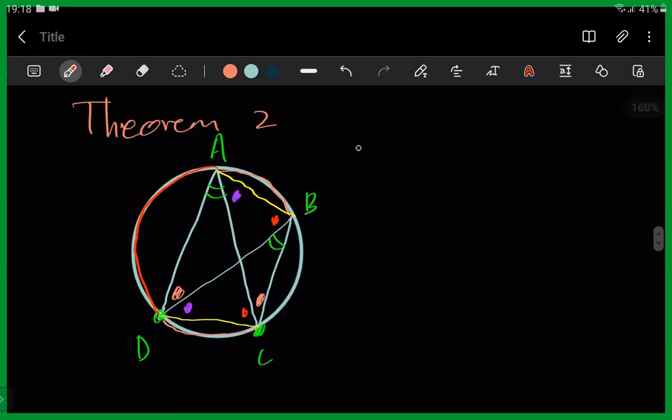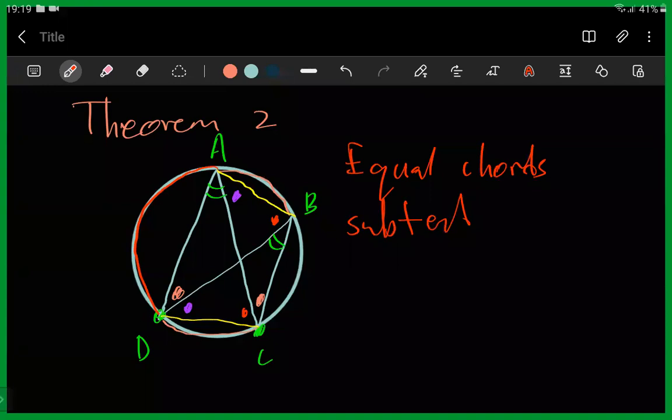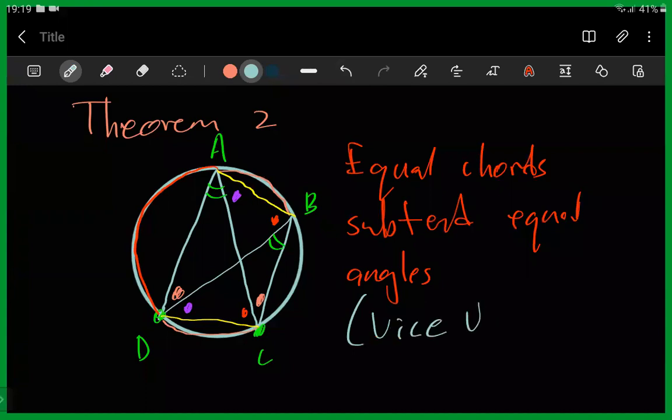equal chords subtend equal angles. And then we can say here vice versa, because that's the thing you want to remember with these laws. They work in reverse also, meaning if you see the sides are equal to each other,